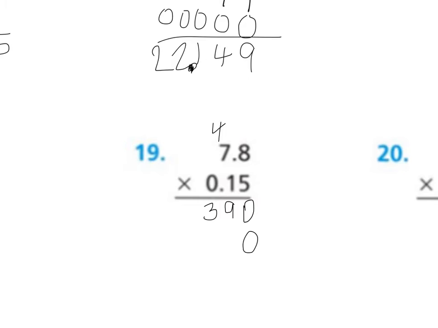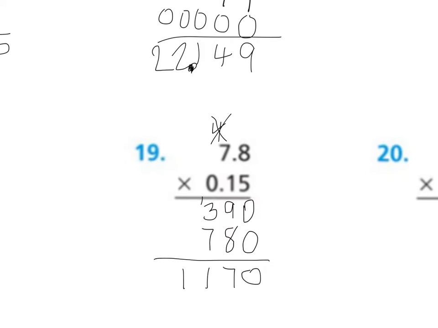1 times 8 is 8. 1 times 7 is 7. I've already used this, so if it confuses you... Now, I could do a third row of all zeros, but I'm not. 7,